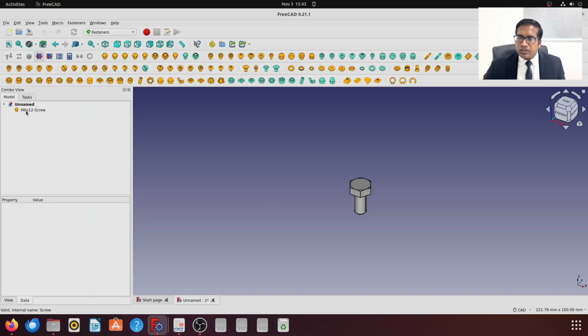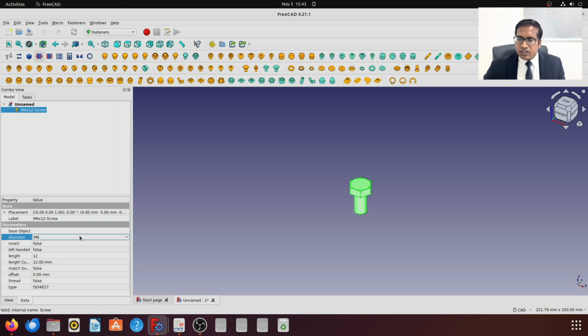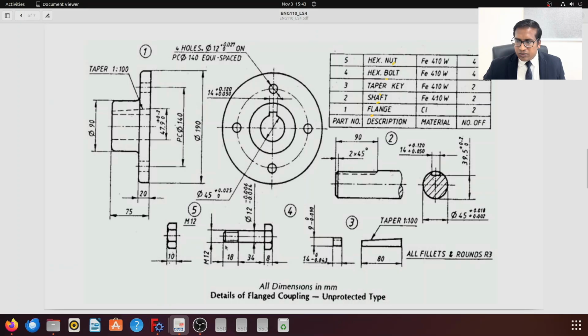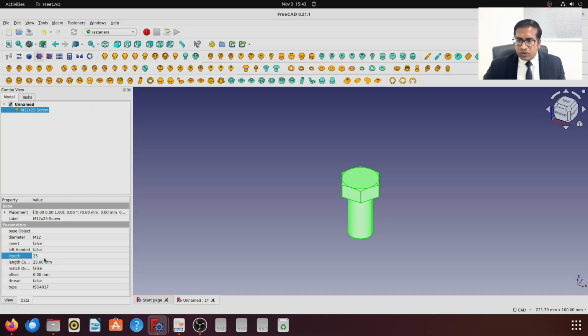So I will convert this in the settings to M12. It is sufficient to give the bottom length, so 34 plus 18, 52. I'll give the custom length 52, and if I give thread true,